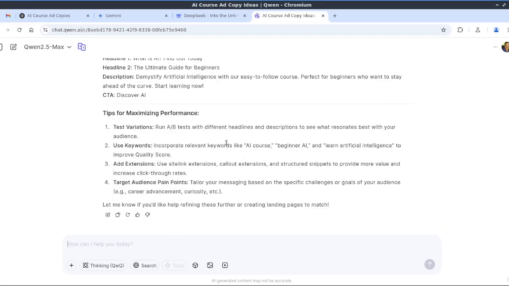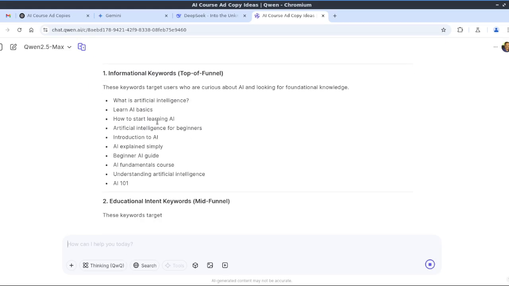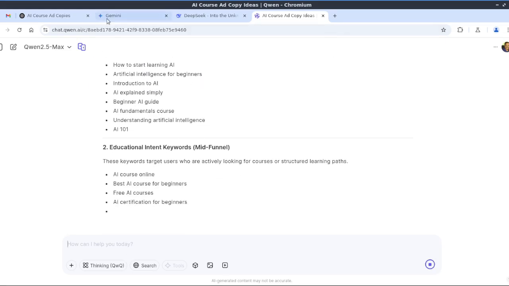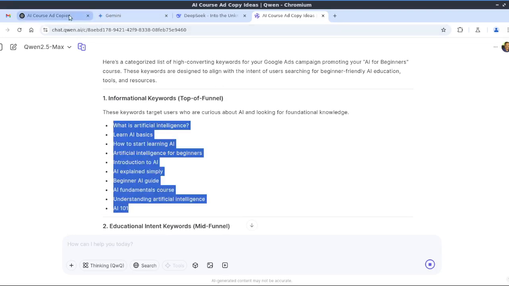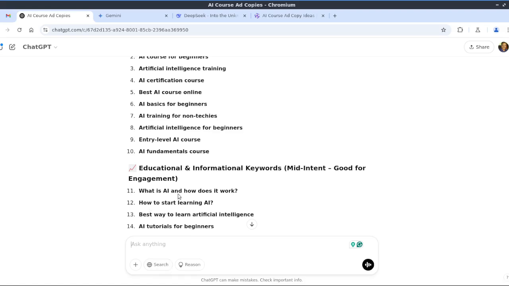Okay, so here it's suggesting some keywords. Maybe we can give the list of keywords. So we are getting some keywords from here and some keywords from there, right? Suppose if you want to find the unique ones, if you are familiar with some kind of Python knowledge, or any kind of development, you can ask ChatGPT or Gemini to create a simple code for doing it. Otherwise, you can ask the LLM itself to do the things.